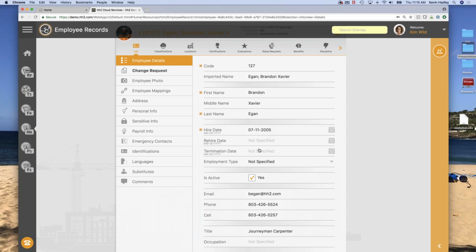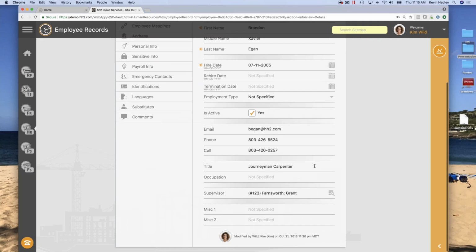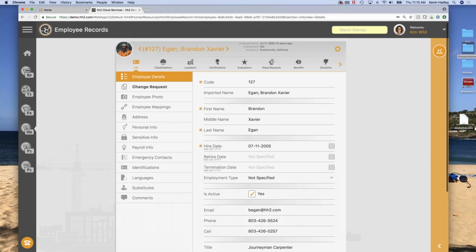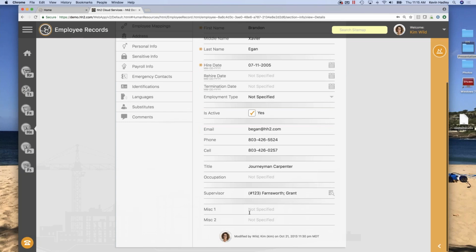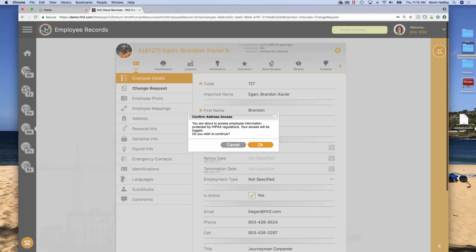If I decided to put in a termination date within hh2, again, it's going to sync it down and put a termination date within Sage on that employee record. You would put their email address, their phone numbers, etc. A lot of this stuff, again, is coming directly from Sage. If you are using the miscellaneous 1 and 2 fields within Sage, we also sync to that as well. So let's just go down the list of things that you can do.